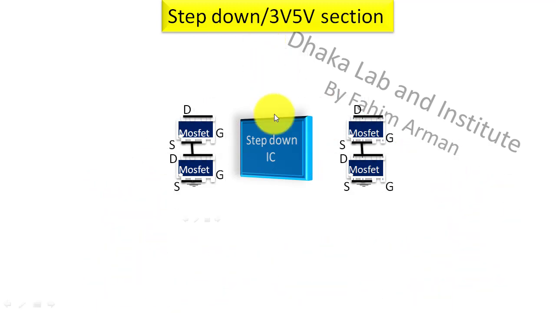Here we can see the step down IC, and this step down IC has been divided into two parts. This part is for 3.3 volt switching, and this left side part is for 5 volt switching. Okay, so now I am discussing this. First of all,